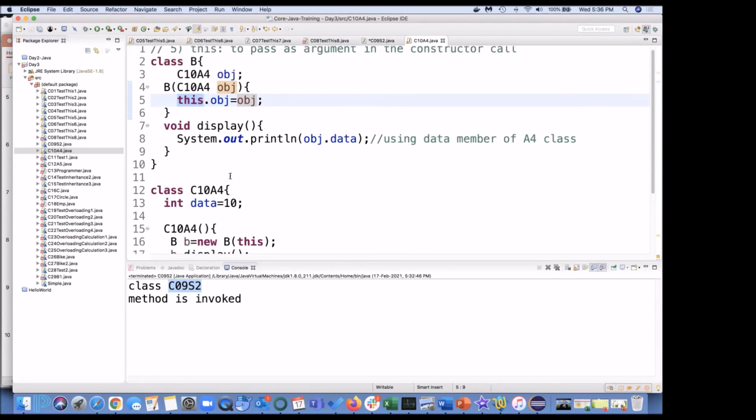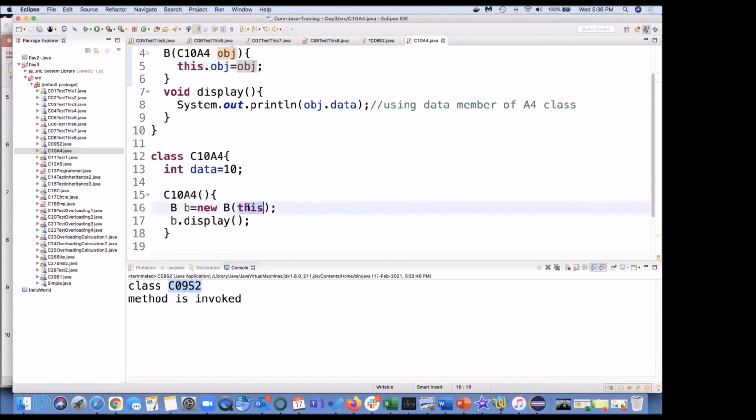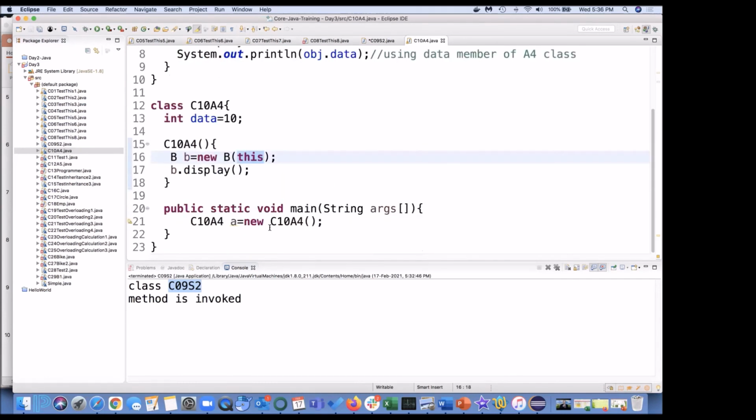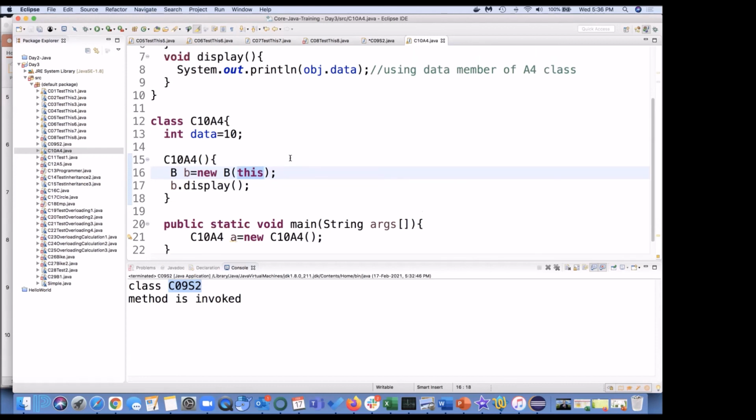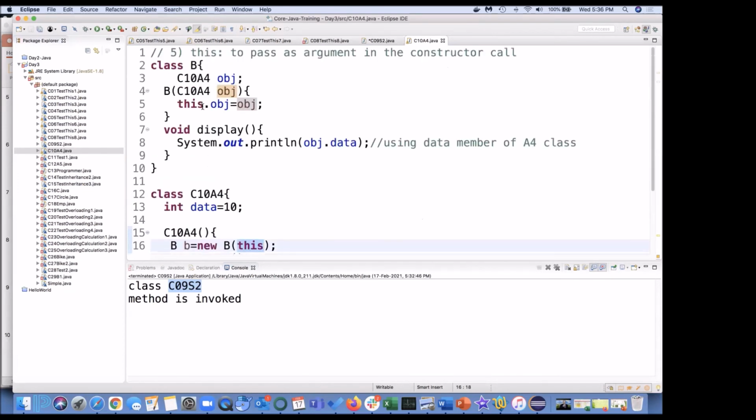When I am calling this first, here it is saying it's not used. The this which you are passing here is A, the current object. And when you say this, which is B object, whatever has been executed at the current space.